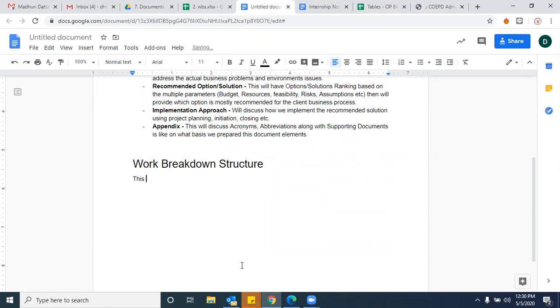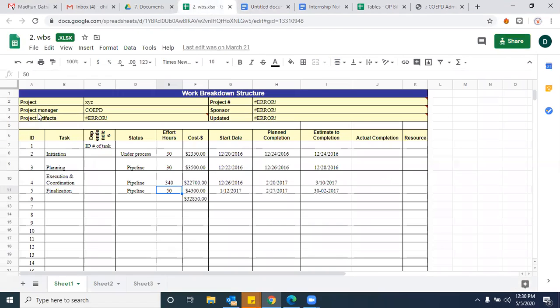This WBS will give us the actual man hours required to complete each phase of the project implementation, right or wrong? Whose work is this work breakdown structure? No, no, no. It's the project manager. Already I told you this. That's the reason the owner of this document is the project manager here, and that's the reason we need to write his name.